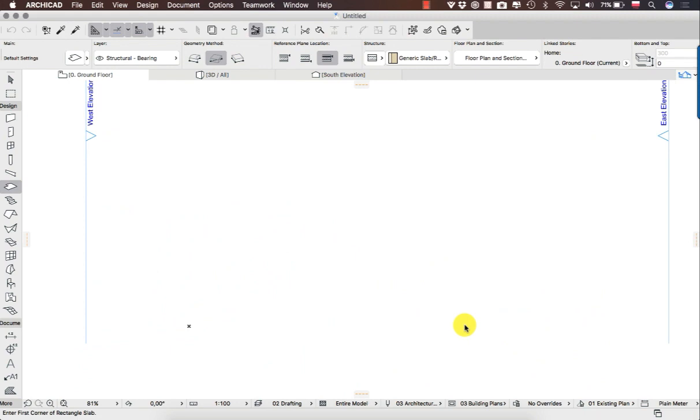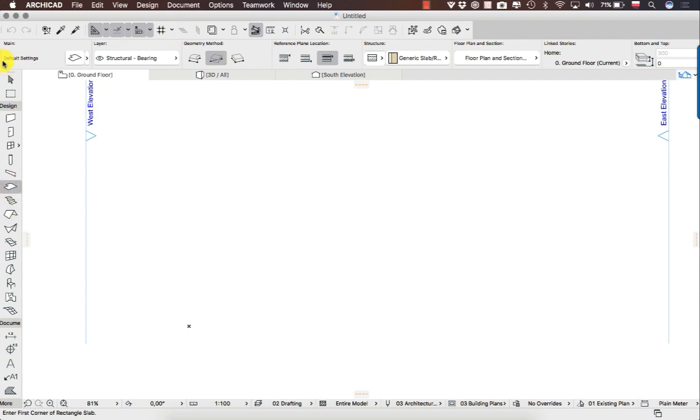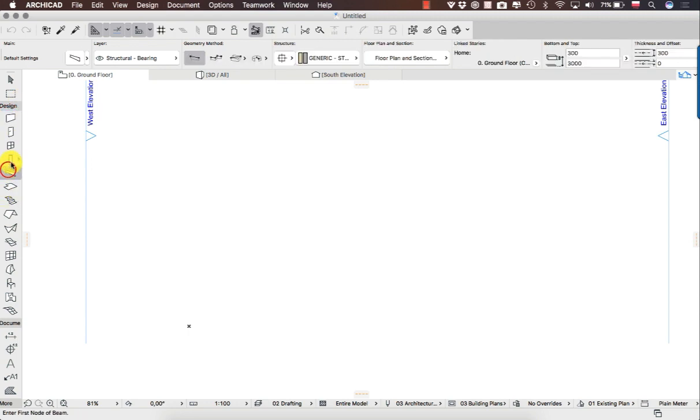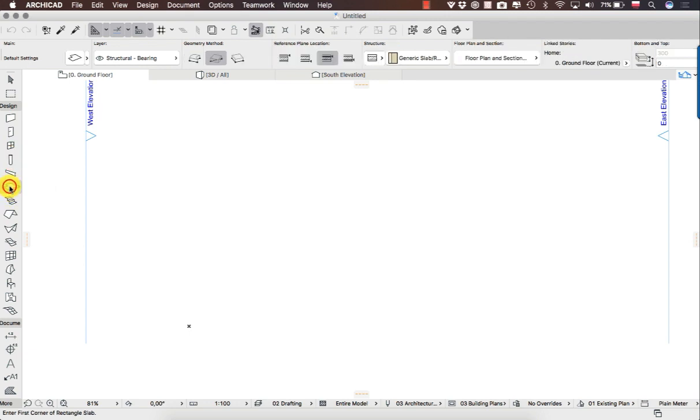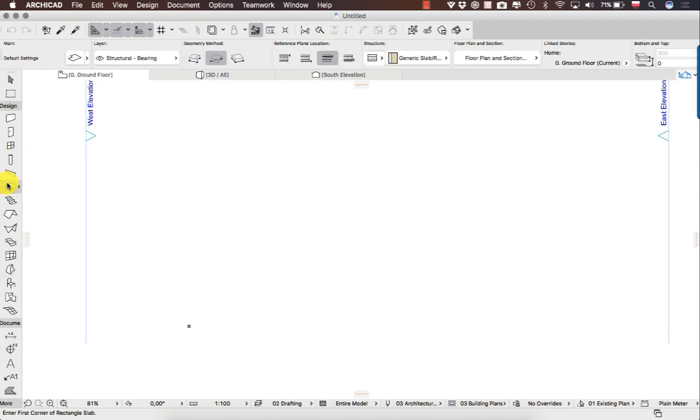Before we use our custom window, we need to decide how this custom window will look. So we need to create a model of our window. We are creating a model by using any kind of constructor elements available on our tool palette. So we can use walls, beams, columns, slab. We can even use morph as well. For this moment I will use slab